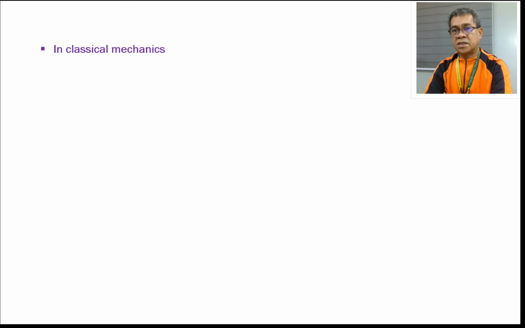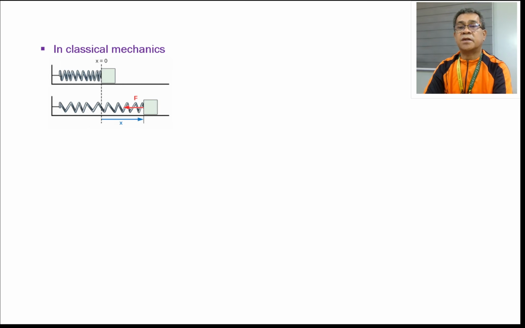Now, if we recall the classical mechanics of a vibratory problem, for example a spring. Take note that we have the unstretched length. So x equal to zero means we did not compress or expand the spring. But if we apply a force, of course, we now have the displacement, which is x. We disturb the uncompressed status